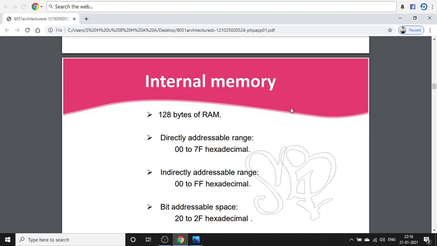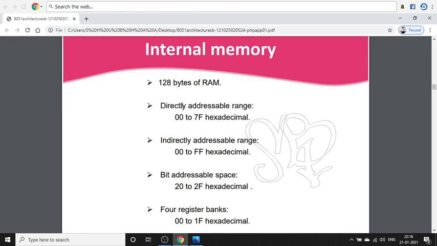We know that internal memory is also called on-chip memory, and it has 128 bytes of on-chip memory that can be used for the special function registers. The directly addressable range is about 00 to 2FH hexadecimal. The indirectly accessible range is about 00 to FFH hexadecimal. These two are called the internal RAM or on-chip memory.